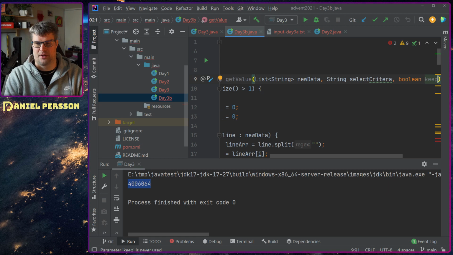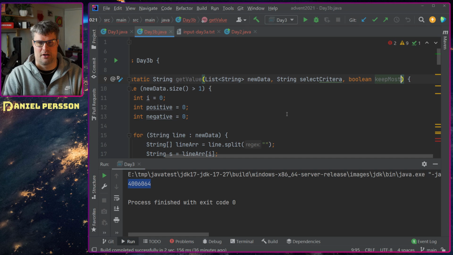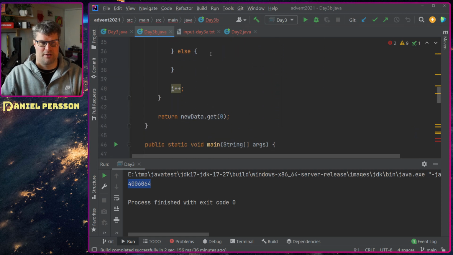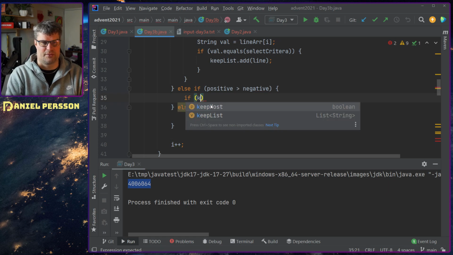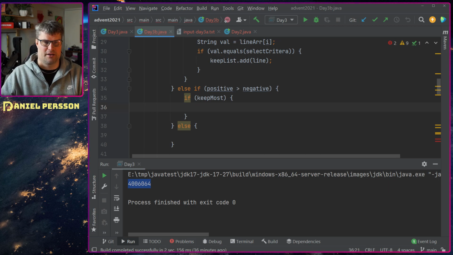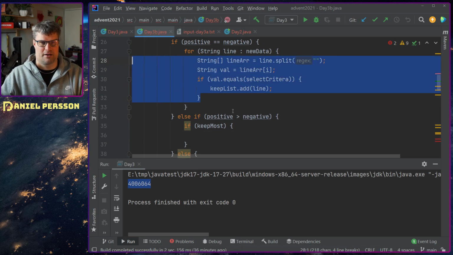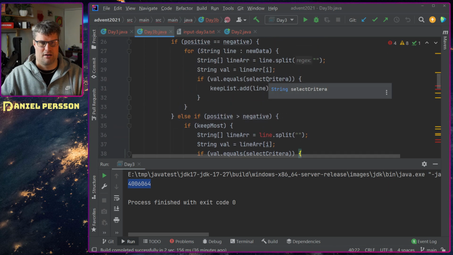Keep most, like that. So if we are down here, we want if keep most, then